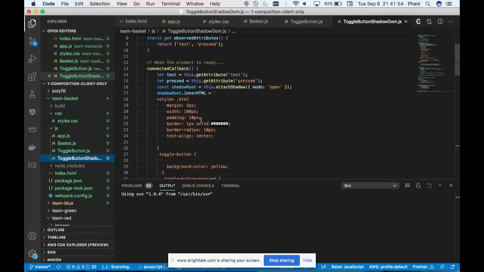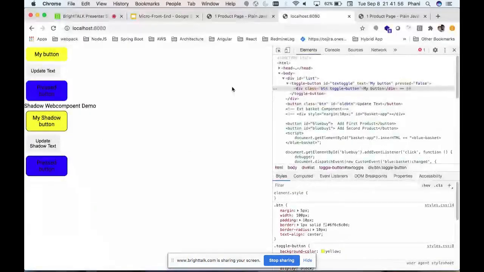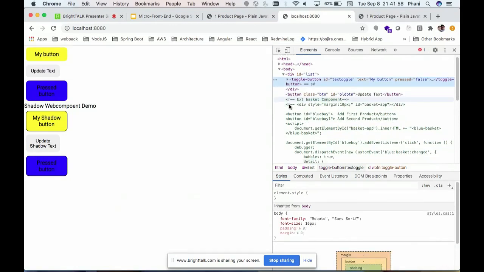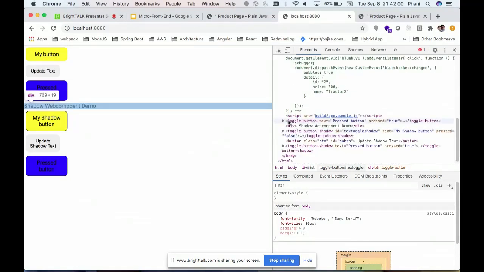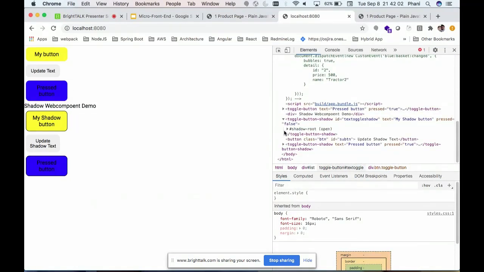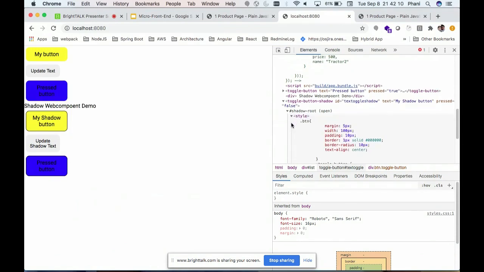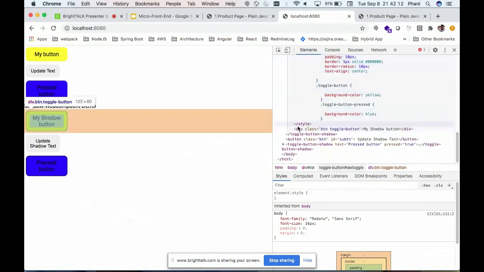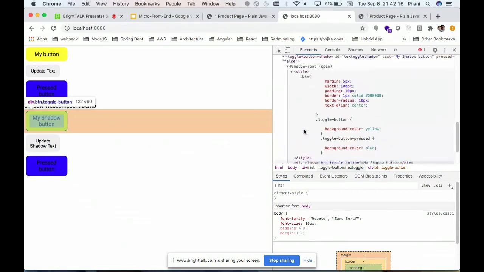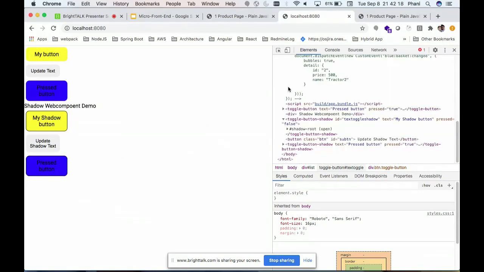btn class with a border as black. Now, if you look at the HTML of this shadow component, under the toggle button shadow HTML tag, the shadow root document has been created, right? Which will have the styles that we have given and the div elements that we have added as inner HTML. So this shadow root is kind of a document created for the component itself,